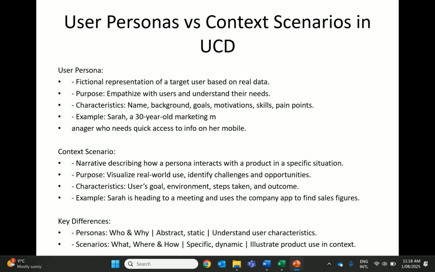And characteristics, user persona needs to include a few elements, which is the name, background of the user, and their goal. Goal is not like their personal goal. The goal is what is the goal from your product. So say if your product is a website, what is their goal to use your website, motivation to use your website, and skills, what type of skills they have,